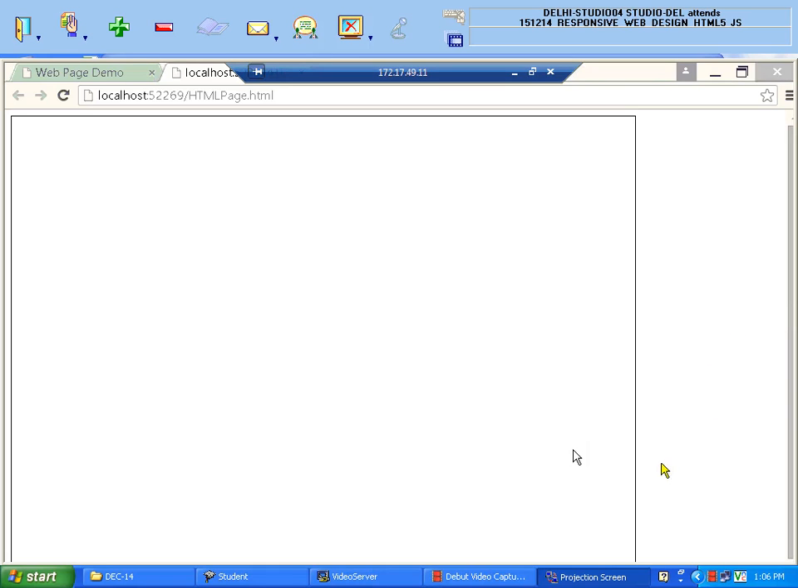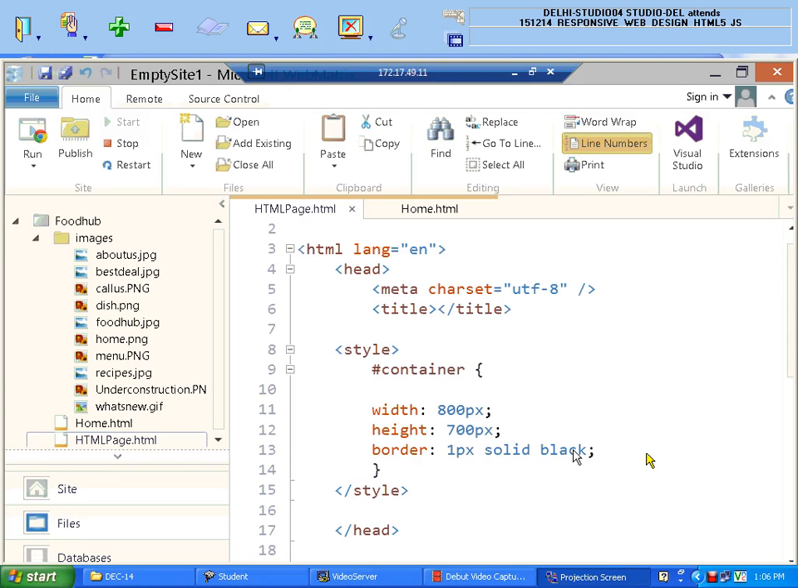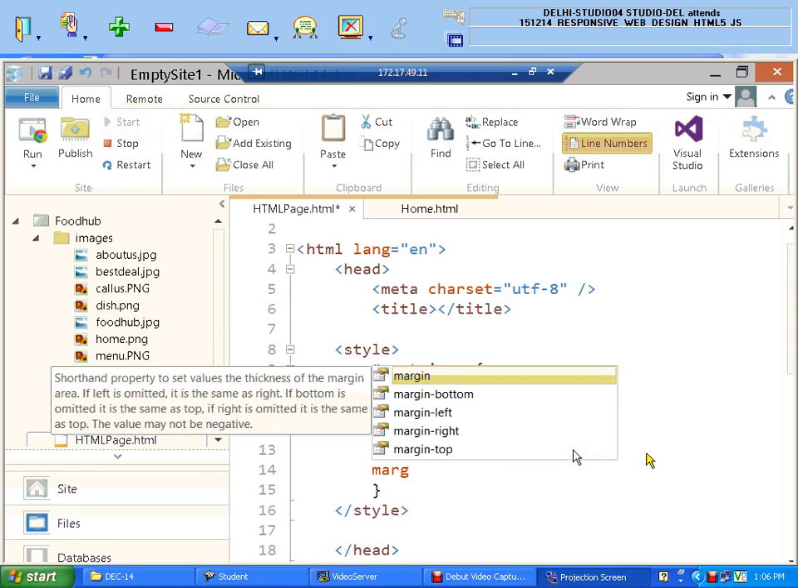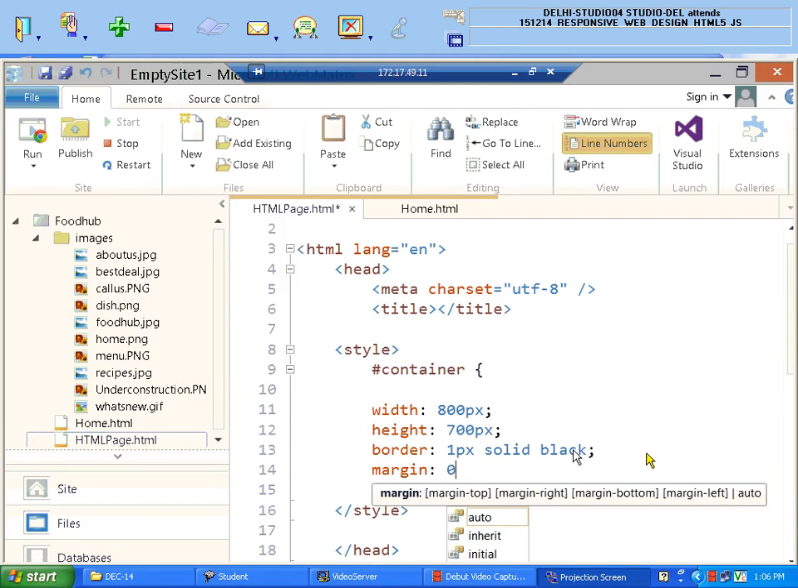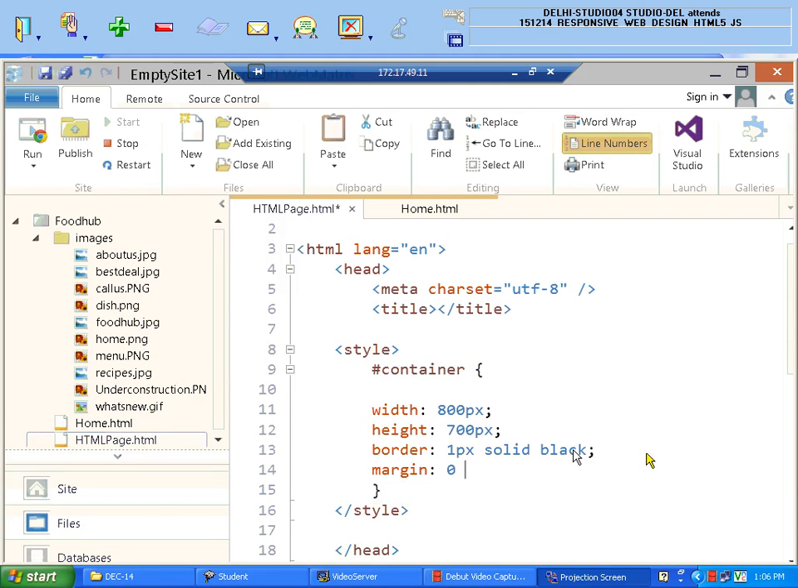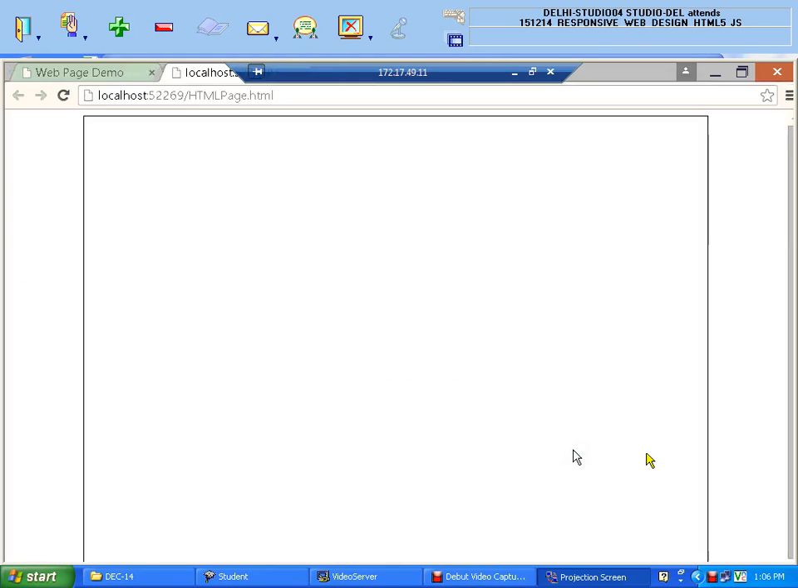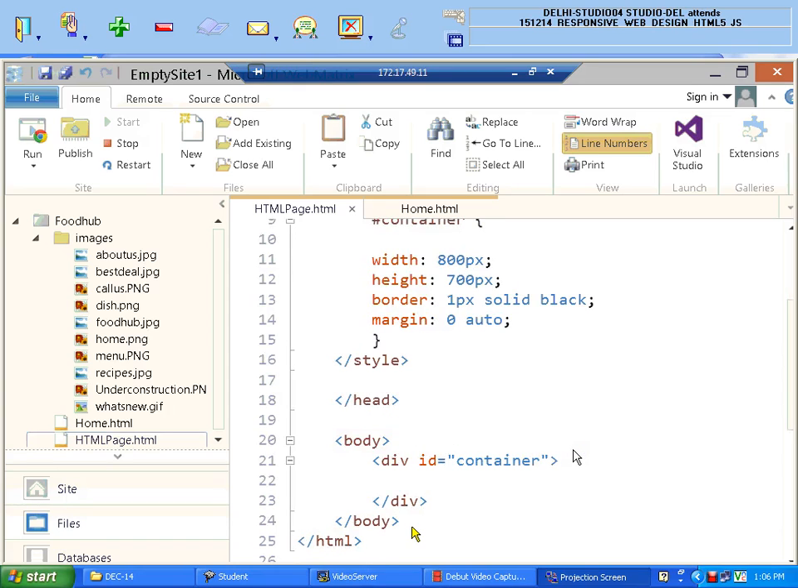I can add some other properties over here, for example margin. I'm giving a margin top and bottom of 0, and left and right I'm giving auto. So now you can see my web page is coming in shape and it is coming in the center of the screen. Okay, so the same thing you need to do,